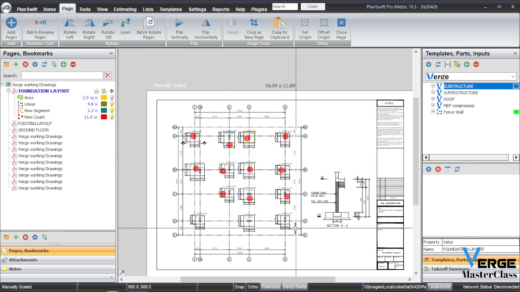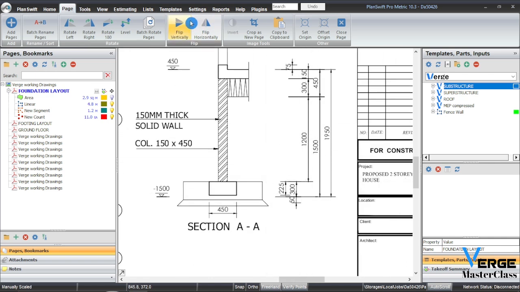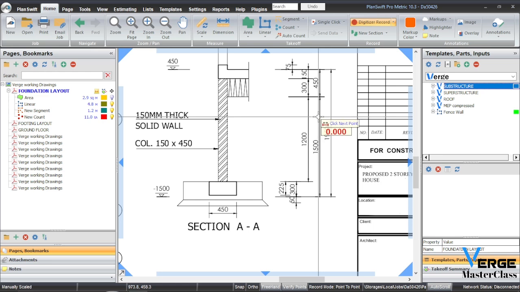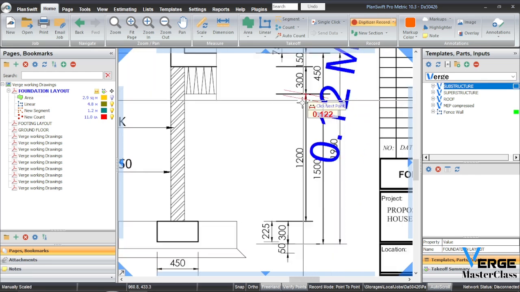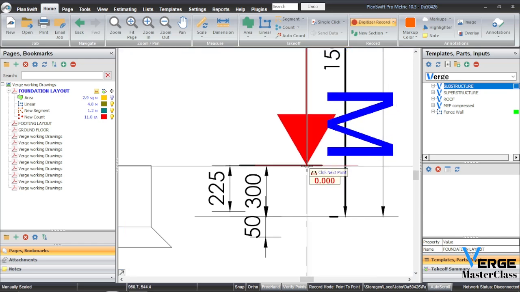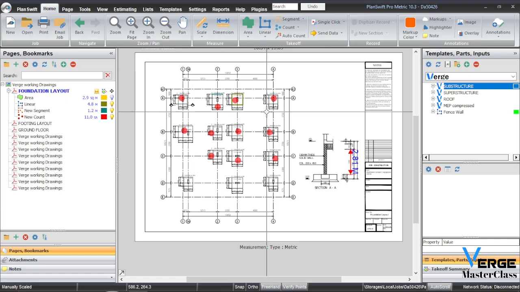Since we've already scaled this section, I would like to demonstrate this to you. So I want to get the dimension for this, which is 1.2. So I'll go to dimension and check whether I'm going to get the same dimension. No, because you're using the scale from the plan for the section, which is not right. So just to separate this,